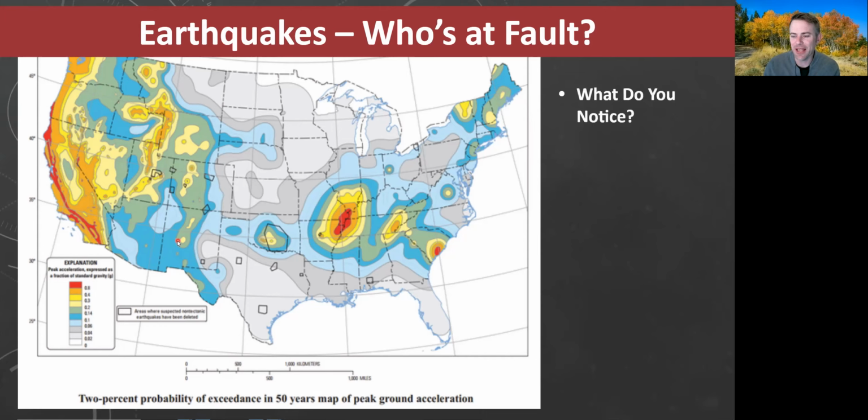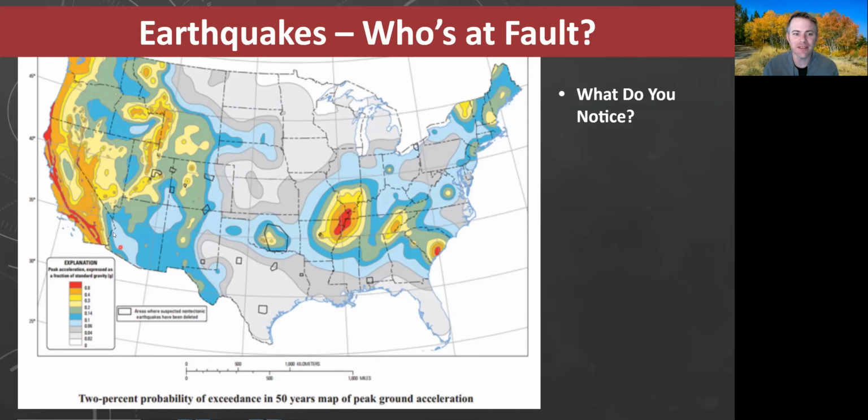So here's the first thing I want to ask you. This is the hazard map of the United States. If you read the bottom here, it says 2% probability of exceedance in 50 years, map of peak ground acceleration. So what this is showing is reds are areas where the ground would accelerate very quickly during an earthquake, which means there's possibility for big, fast, sudden movement in those areas from an earthquake. All right. And this is the chance that it could happen, like the 2% chance within 50 years, somewhere